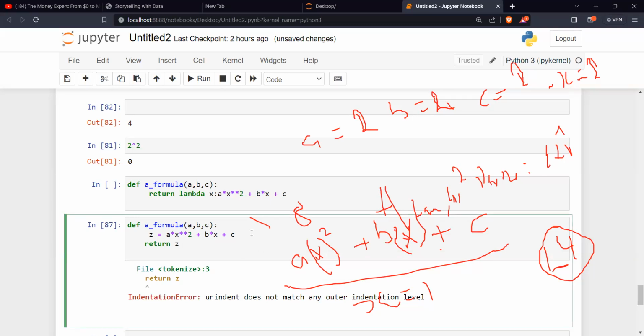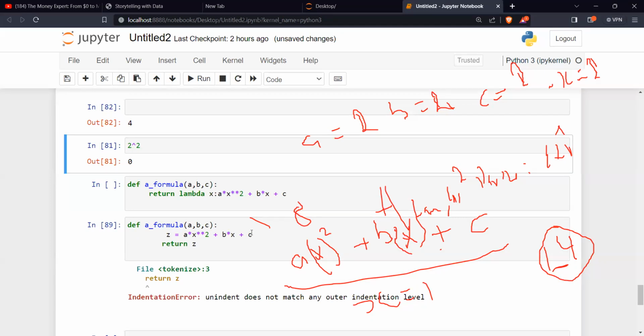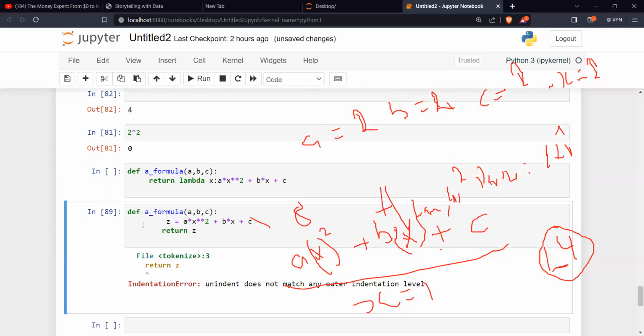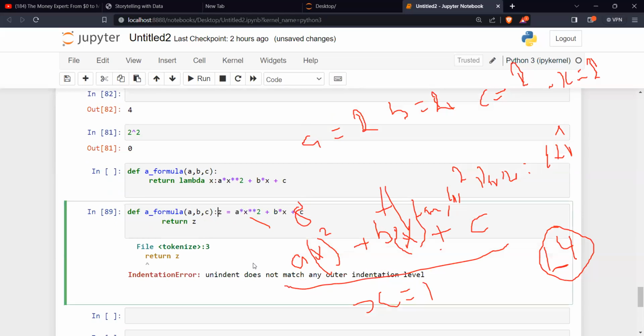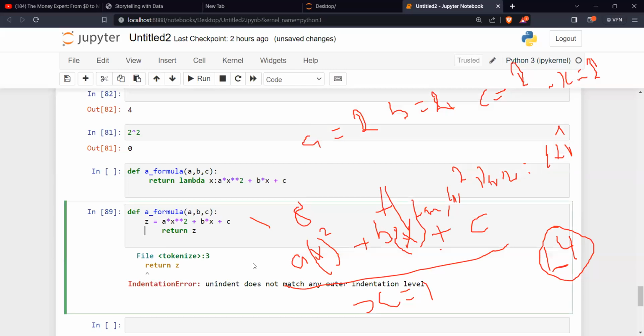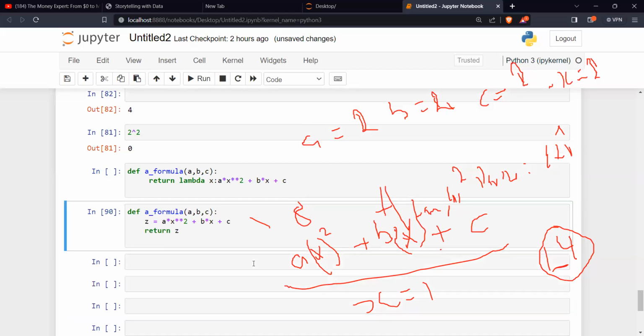I think you should take the Z as well. Here, right? No, I'm saying take everything back up and do the indentation again. Take everything back up, back to the colon. Then the return as well. Like this. Yes. Okay. Good.